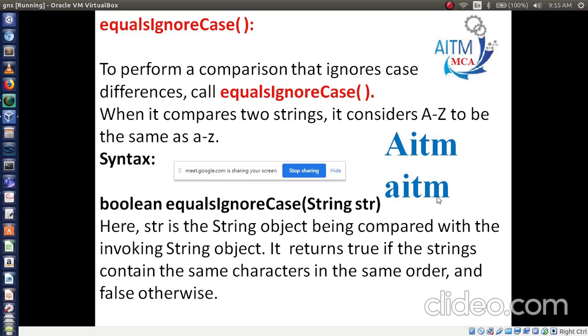The output will be either true or false. Now I am asking, will this display true or false?